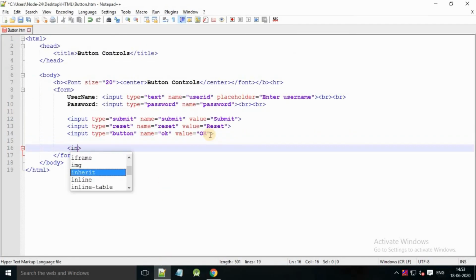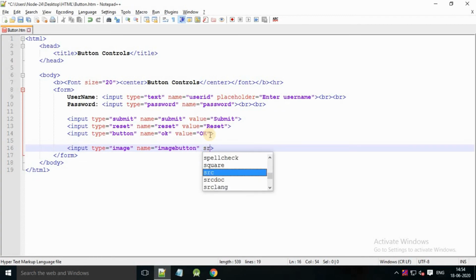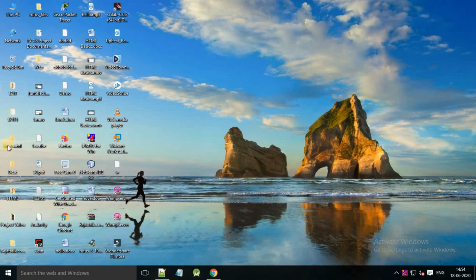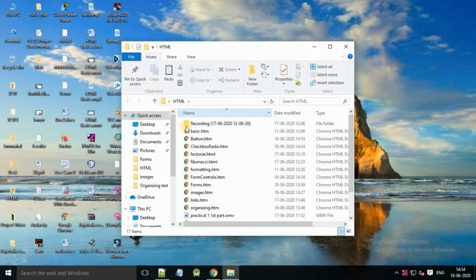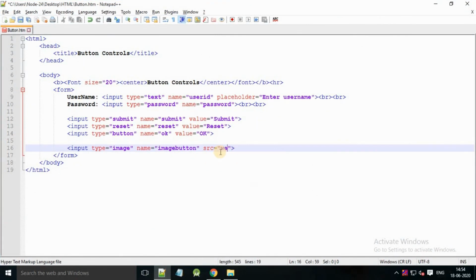Another input type is equal to double quotation image, name is equal to image button and src is equal to source. Here created source. Here will be chosen one file in the HTML folder, web.png file source.